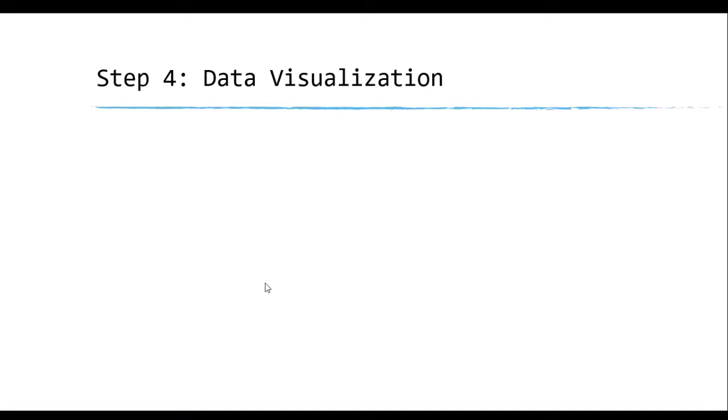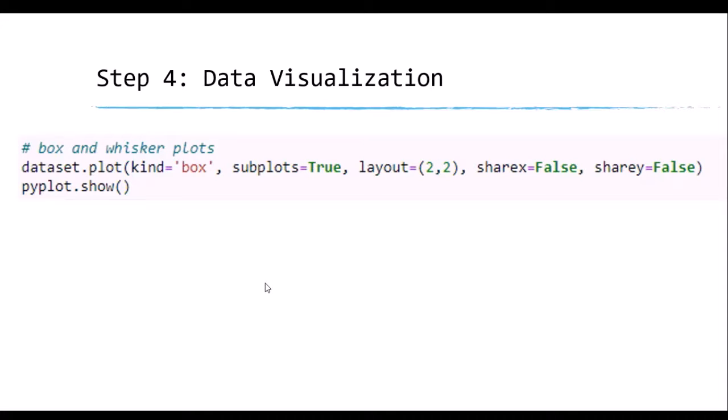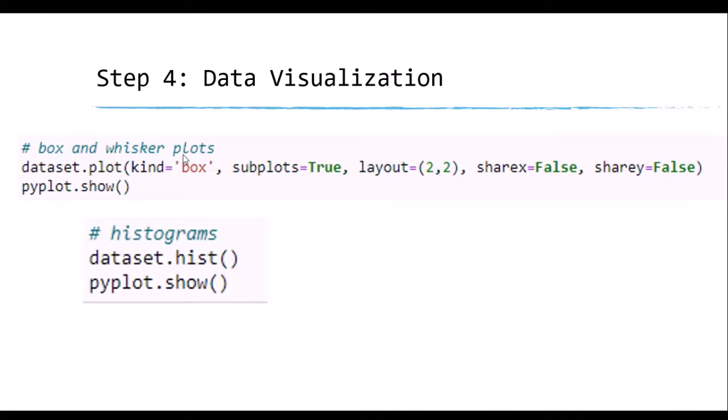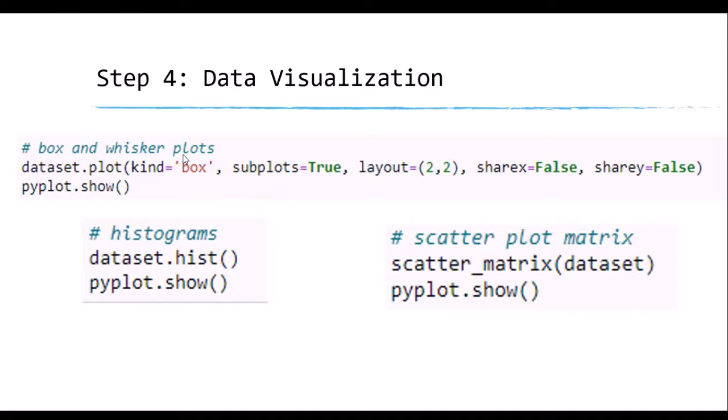Next is data visualization. Here we are going to plot the imported data. This is a box and whisker plot. While executing this particular code, we'll see what the actual output of this visualized data is. And then the histogram is going to print the petal length and width and the sepal length and width in histogram fashion, that is a bar graph. And then the scatter plot. We'll see this while executing the code.